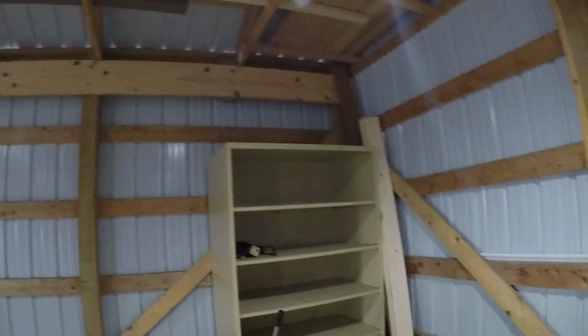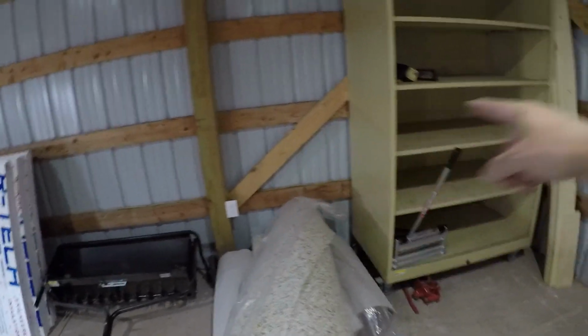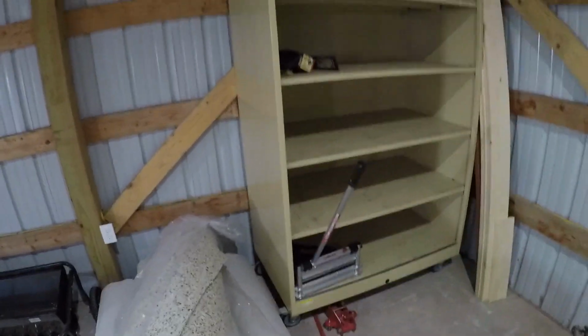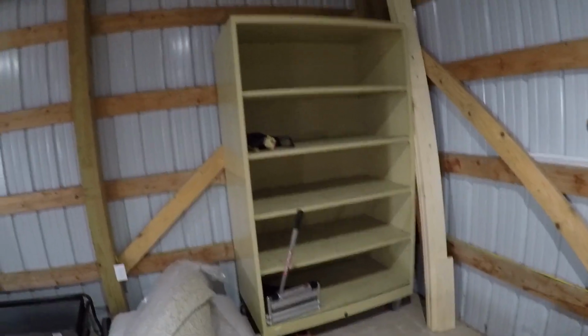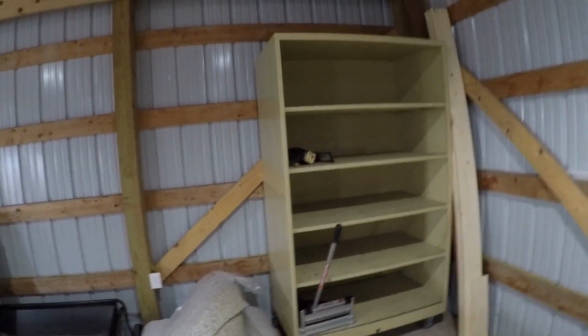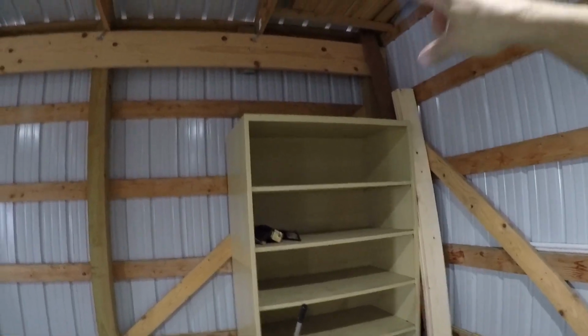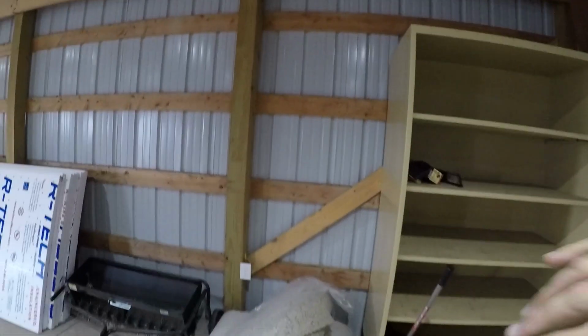And I'll probably end up putting an A-frame right in front of it. So this is 8 foot from that post to that wall. Just imagine, right about here would be 4 foot. So then put an A-frame out here, and I might even make it rollable. You have an A-frame with a chain fall on the top, and if you make it to where it's just underneath the top of the ceiling and put it on wheels, then I can bring it over here and back the truck up